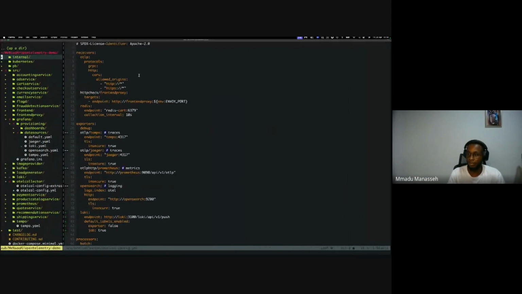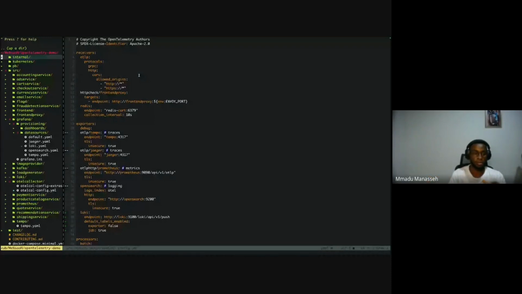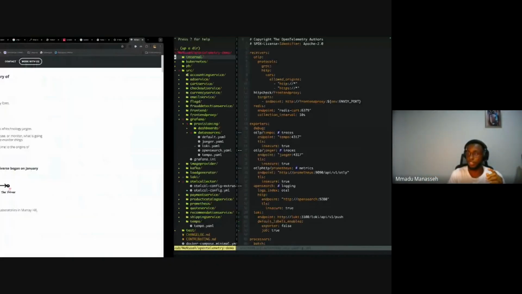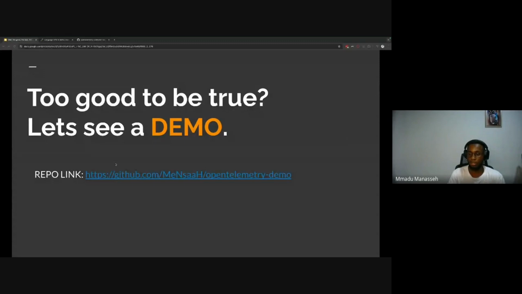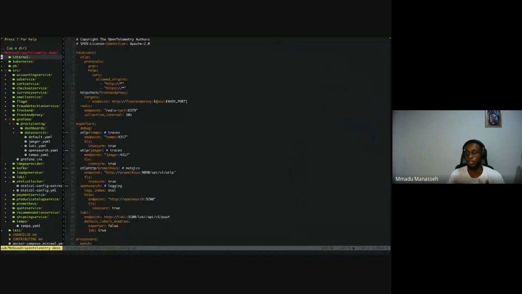Yeah. So the code I'm using right now is available on the GitHub page here, from my repo. The code was forked from the original Otel library, but I made a few modifications to add some extra backends and exporters. One of the advantages of using this code is that it has a lot of services.